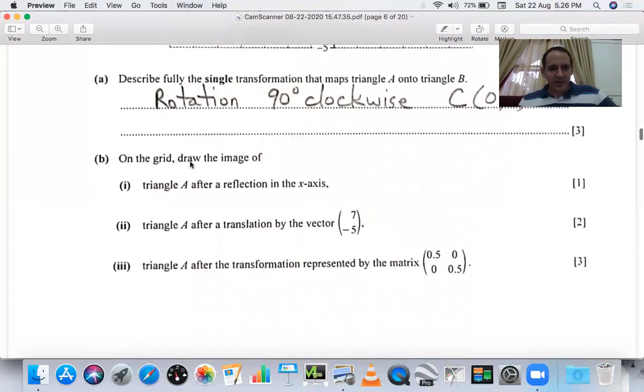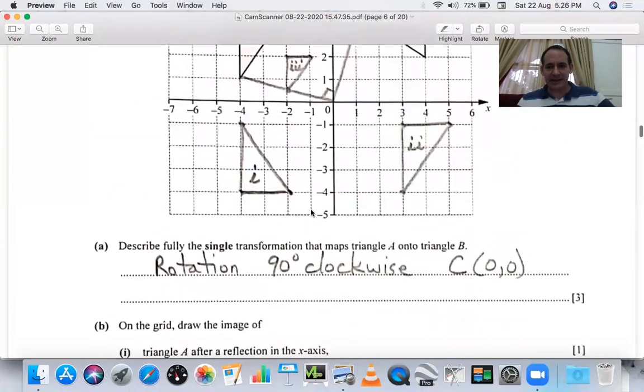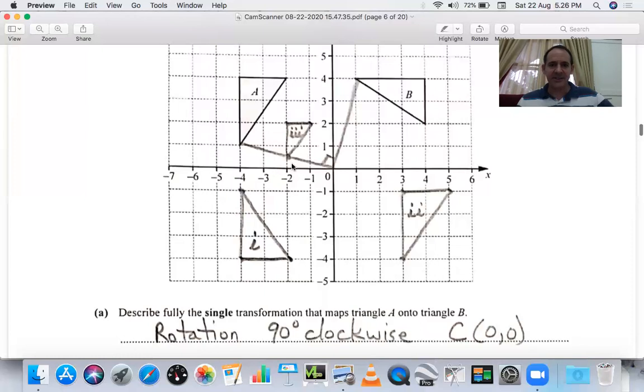Then they want us to do a few drawing of image. So find after a reflection in the x-axis. Well, here's the x-axis. So we're wanting to flip it over the x-axis. So if you flip this over the x-axis, what you do is you count how far it is from each vertex